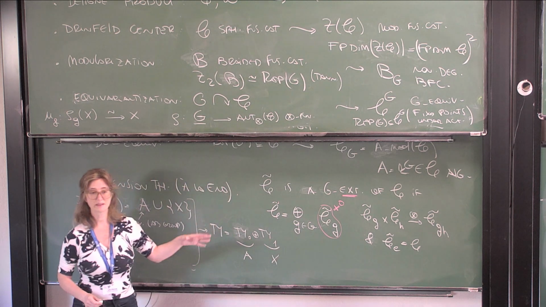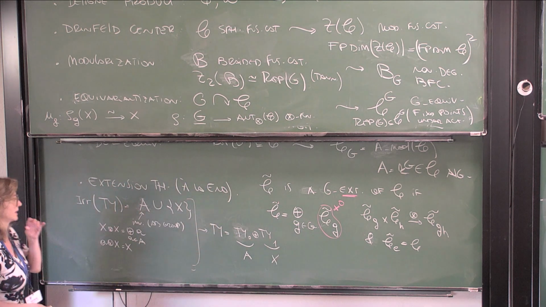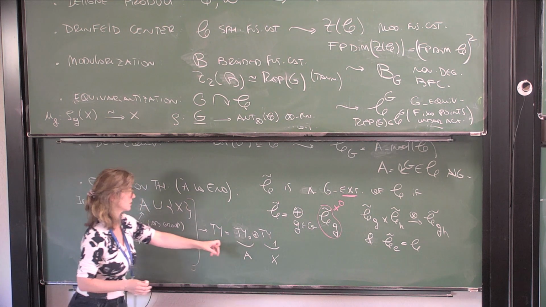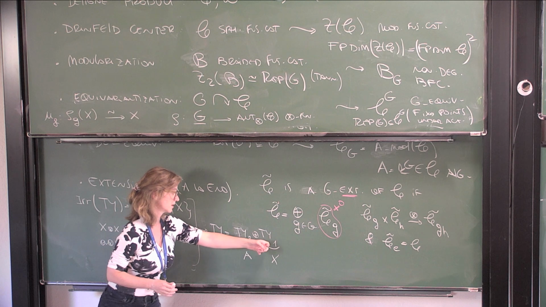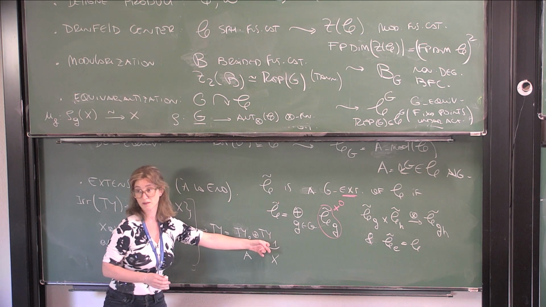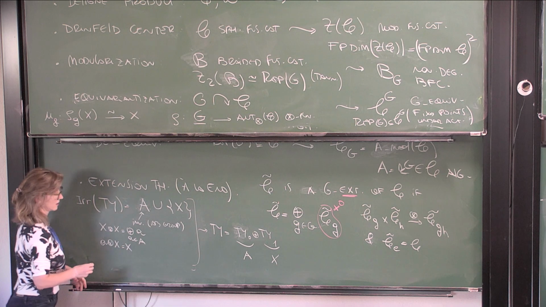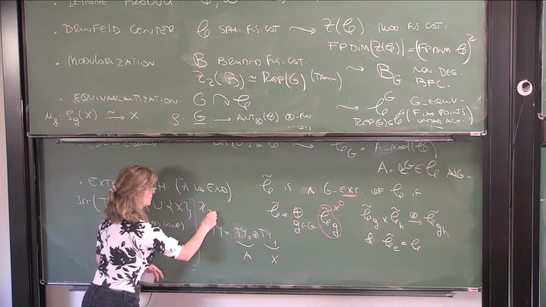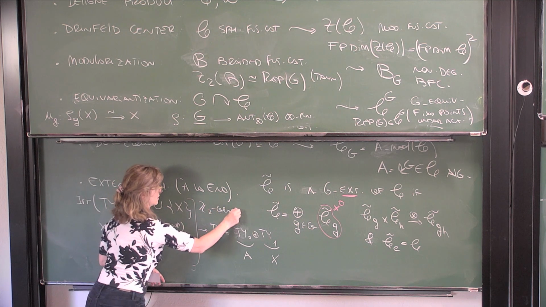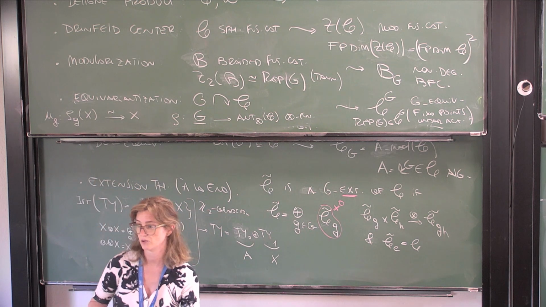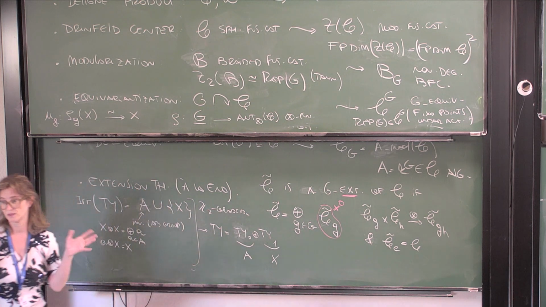I should tell you a little bit more about this, and I will say in a second, but I will not justify everything. And this is a good grading, because if you tensor something here with something here, you stay here, which is what you wanted, and something here times here, you get here. So this is a Z2 grading. So Tambara-Yamagami is Z2 graded.